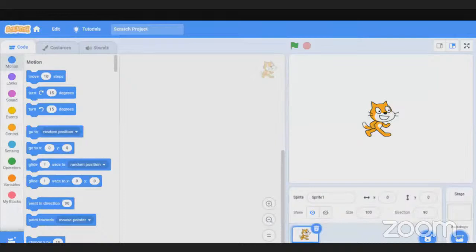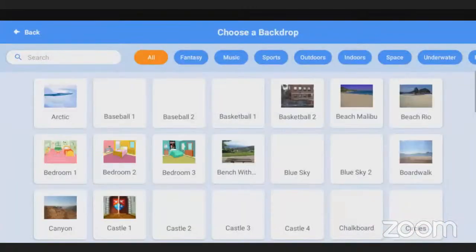So the hide and seek game. We are going to build a very, very simple game, but I'm going to first make a backdrop. A backdrop is like a background. If you can see where my cursor is right now, it goes to this part that says stage, right below here, and then I have backdrops. So on backdrops, I'm going to choose. So I want to play hide and seek,